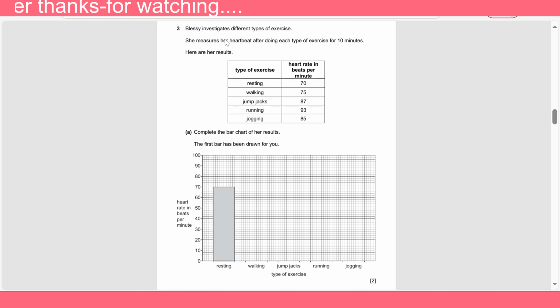Number 3, Blessy investigates different types of exercise. She measures her heartbeat after doing each type of exercise for 10 minutes. Here are her results: resting, walking, jump jacks, running, jogging, with heart rate in beats per minute. Complete the bar chart of her results. The first bar has been drawn for you. This is for resting. It's 70, so it has been plotted. So you have the rest to plot in the graph, and if you can have this printout,